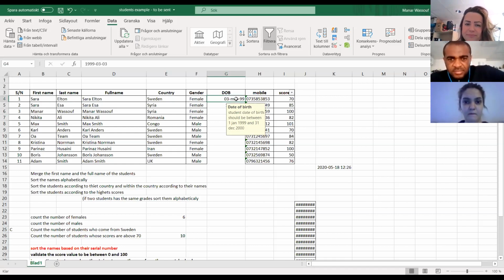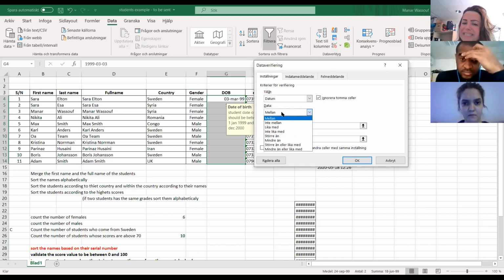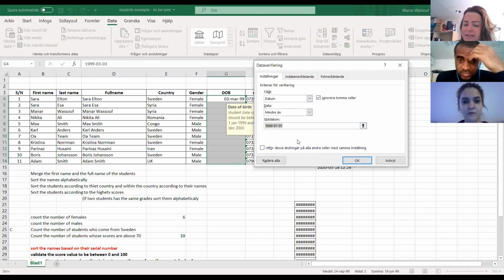For example, let's highlight again this date of birth, go back to verifying, and we will go again to the datum. I don't want the datum to be mellan, I want it to be less than or mindre än, and here the slut datum you can use now. Let me close this.